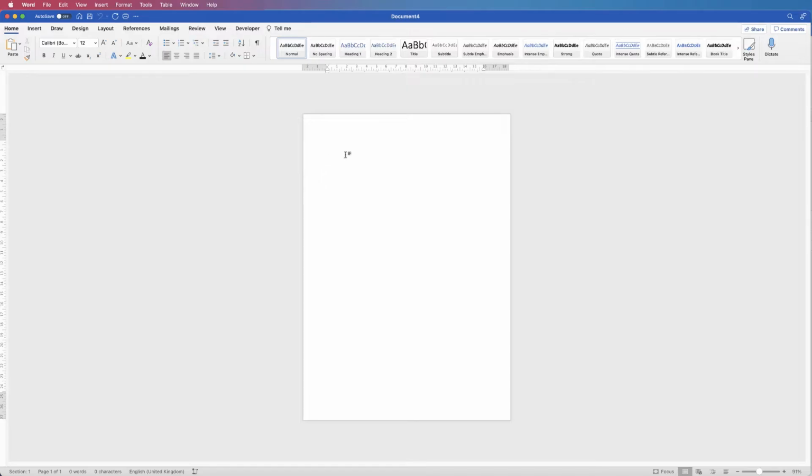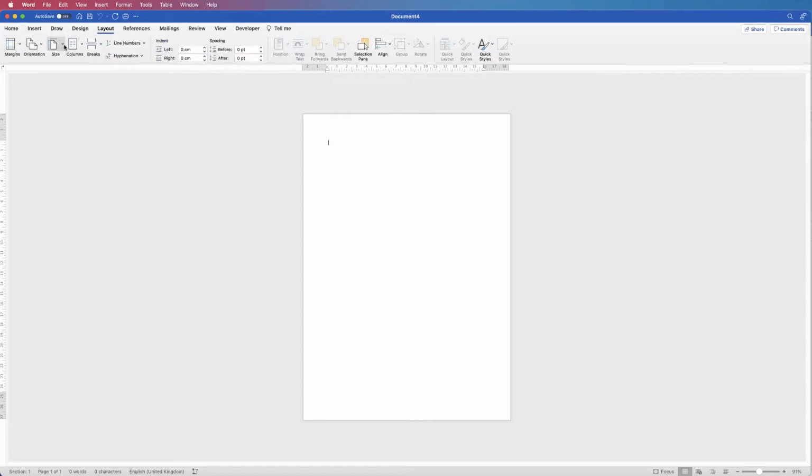So at the moment I've just kept this document to an A4 size, but if you want to change it, go up to Layout, go to Size, click on the drop down, and you're given a number of different options here, and you can choose A5 if you want to, but I'm just going to keep it at A4 for now. So the first thing I'm going to do is go to Insert,